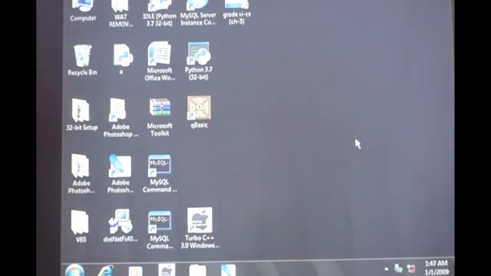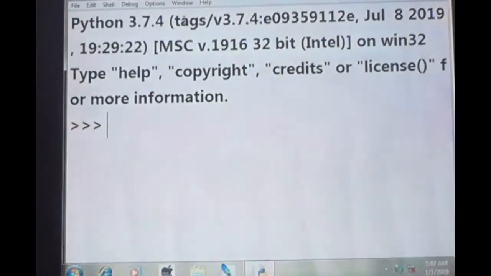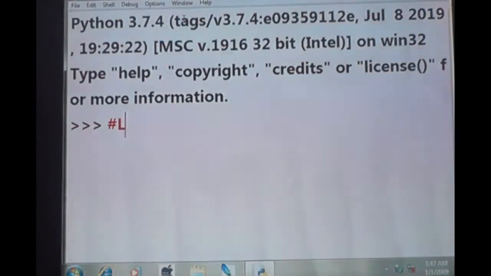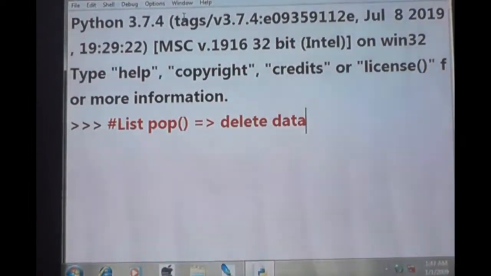Then now we are going to see pop. Okay, fine. So now we are going to see the list pop function. Pop function means it will delete the data. So list is equal to 5, 6, 7, 8, 9.